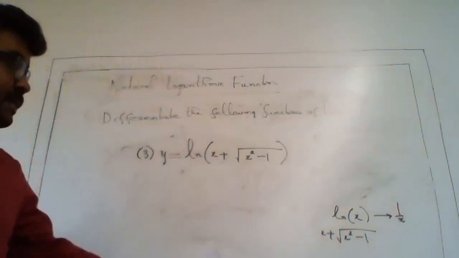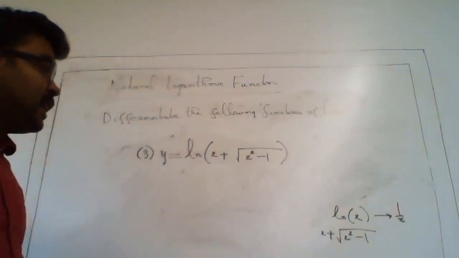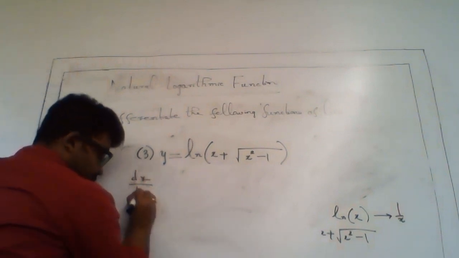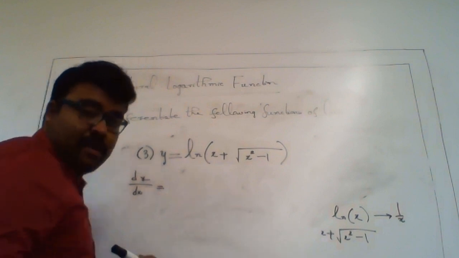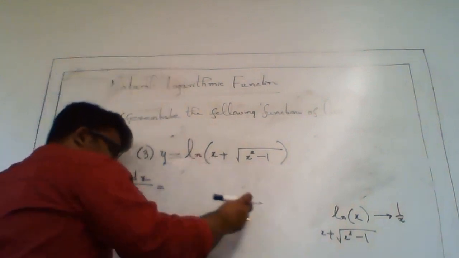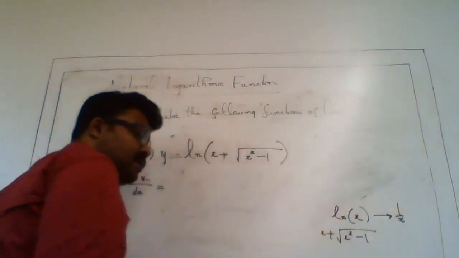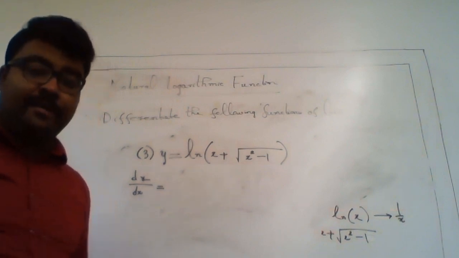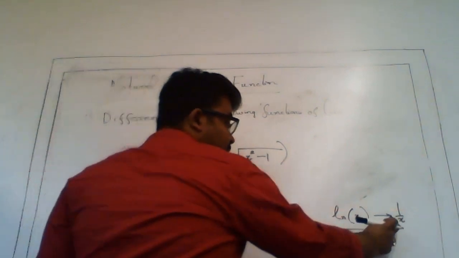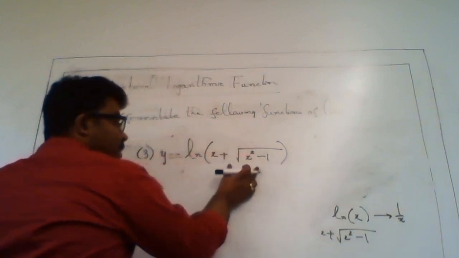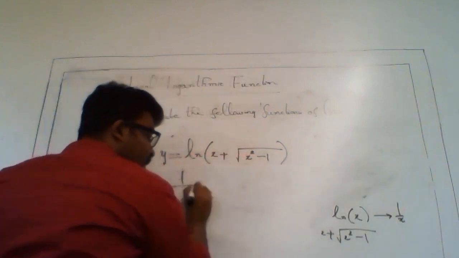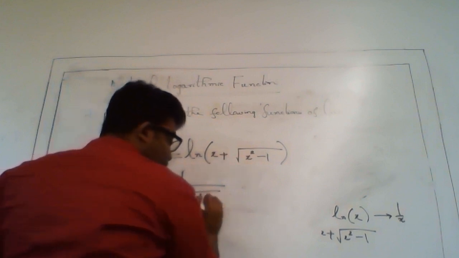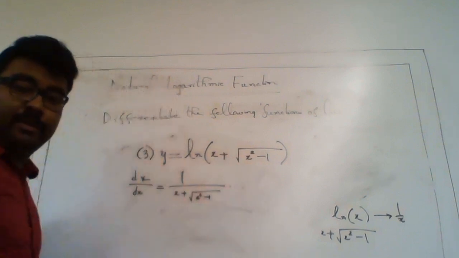And how does the chain rule go? We have to first find the derivative of the outer function, that is the derivative of ln x, which is 1 over x, but we have to evaluate it at the inner function. What does that mean? We have to replace this x by whatever is inside. So it should be 1 over x plus square root of x squared minus 1, times